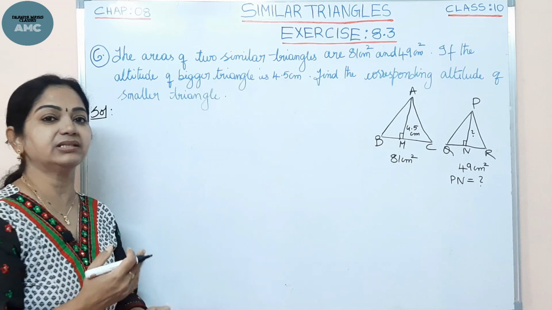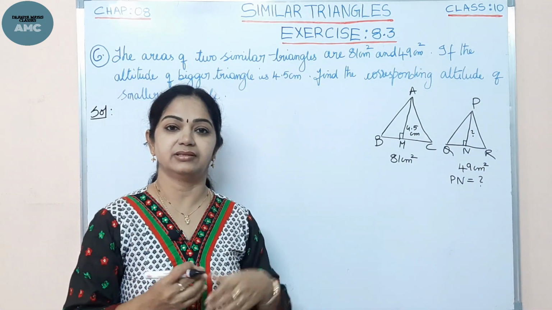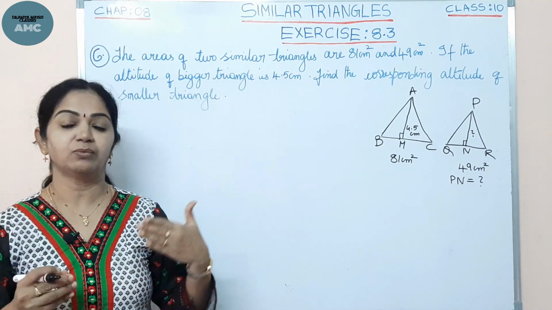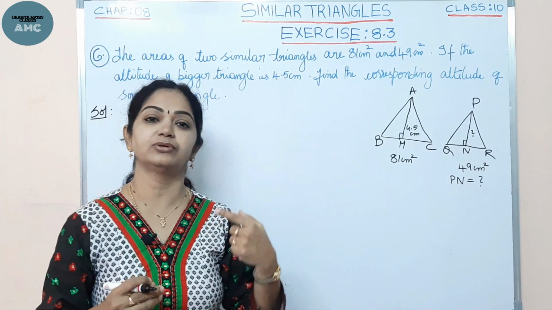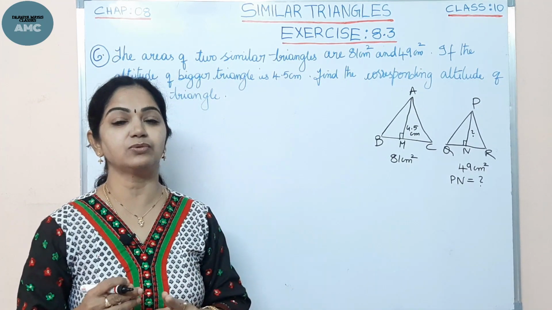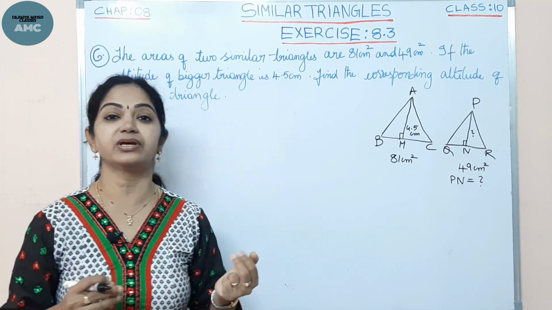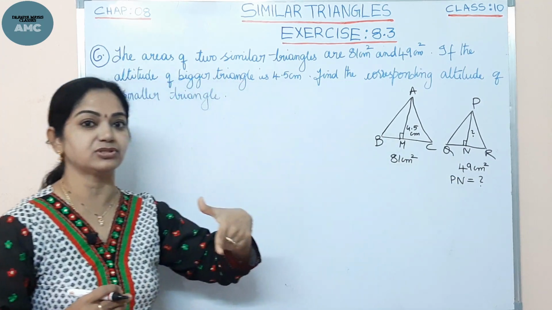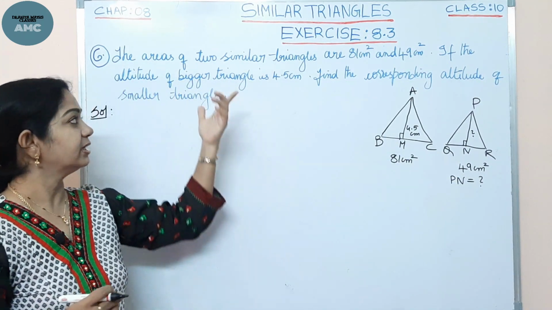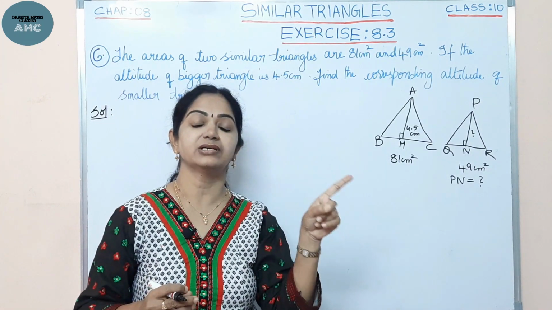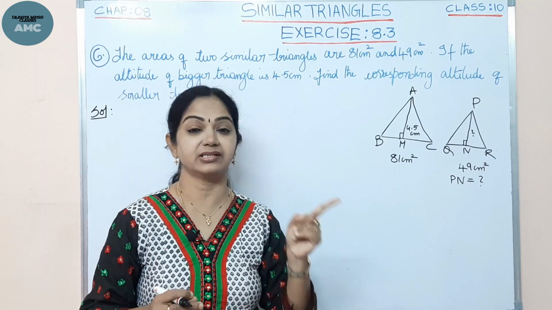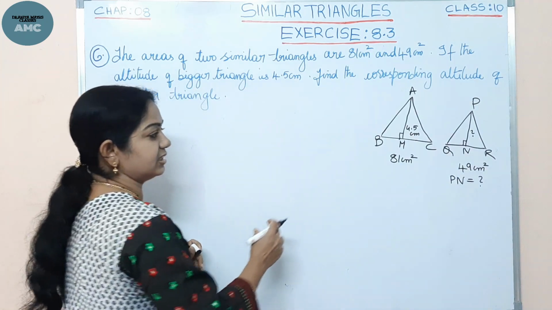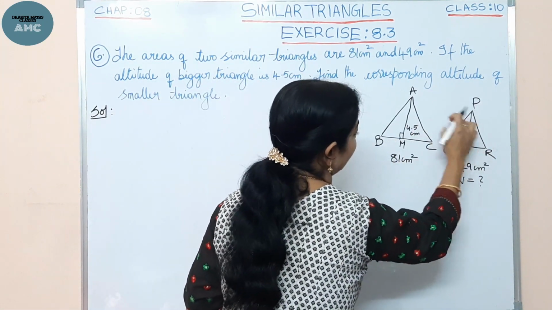Now, we have discussed in the earlier problem the theorem, isn't it? The theorem 6.6, the very important theorem based on the areas of similar triangles. What does the theorem state? That the ratio of the areas of two similar triangles is equal to the square of the ratio of their corresponding sides, isn't it? Okay, and from that theorem what we deduced, in the fourth problem we got that the ratio of the areas of similar triangles is equal to the ratio of the squares of their medians also. Here, now we will see, these are the altitudes here.